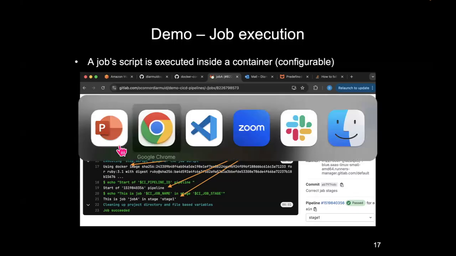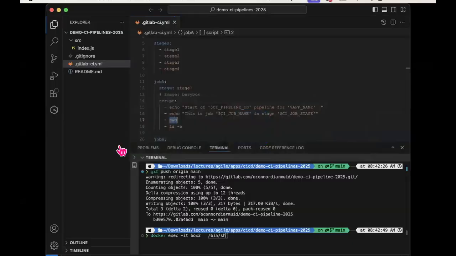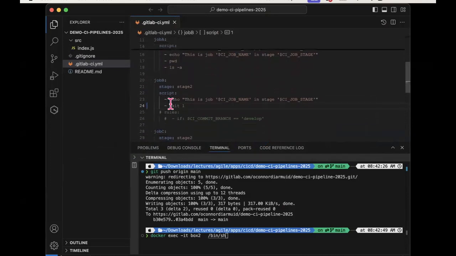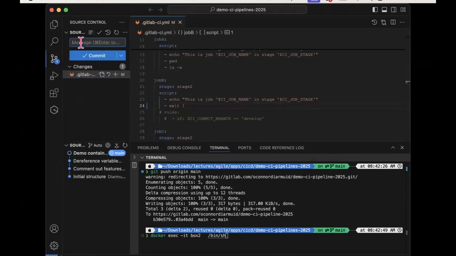And in that vein, if I go back to here, I'll force a failure of one of my jobs by enabling this line here. That's just a dummy line to force it to fail. And if I do a commit,